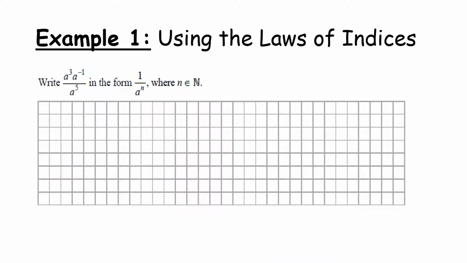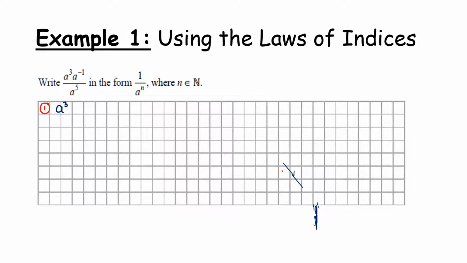So let's get into some examples of using the laws of indices which we just worked with. Write a to the power of 3 times a to the power of minus 1 all over a to the power of 5 in the form 1 over a to the power of n, where n is a natural number, and that means it's going to be a positive whole number. So what I'm going to do is try to work with our laws as we go. So using Law 1, I'm going to say a to the power of 3 multiplied by a to the power of minus 1 is a